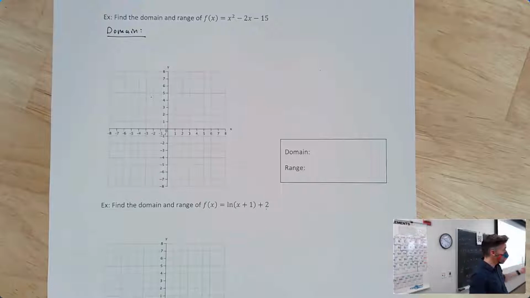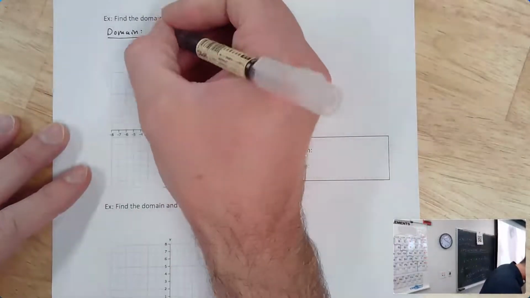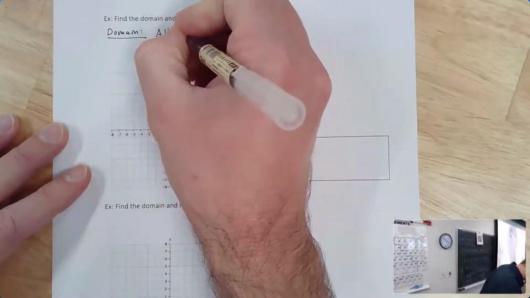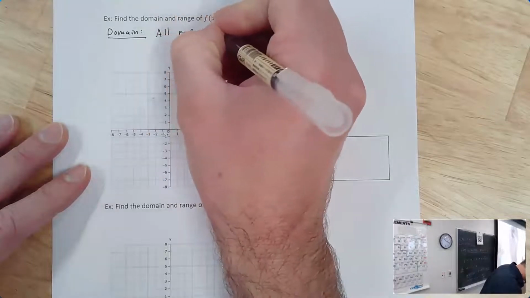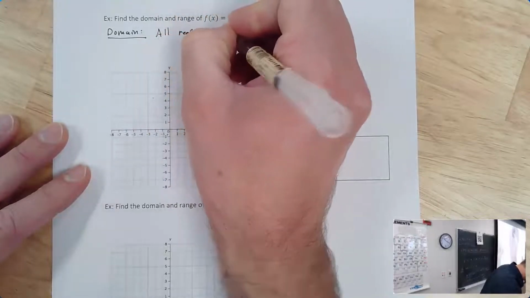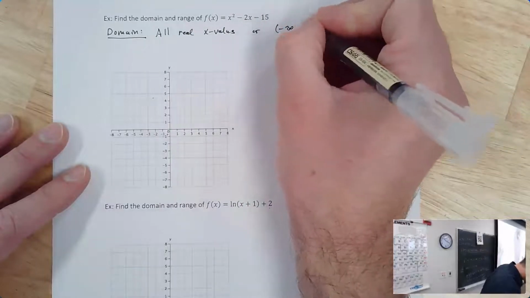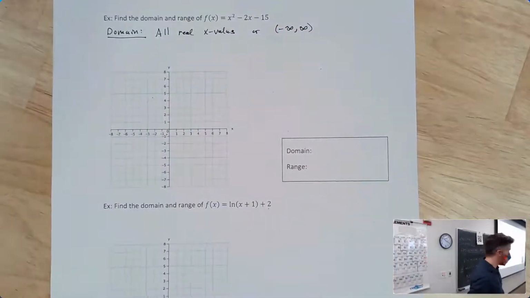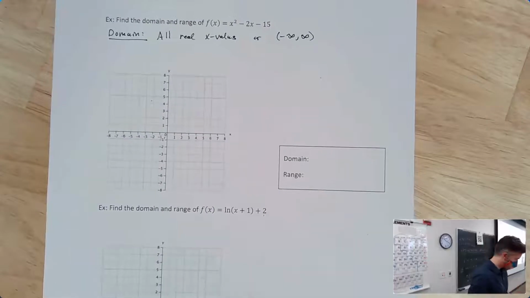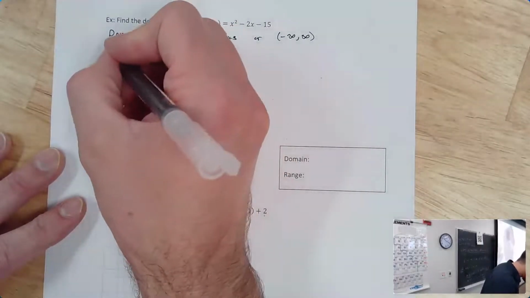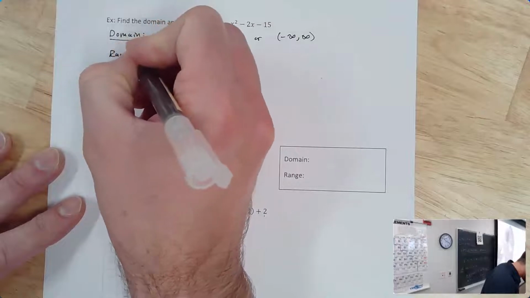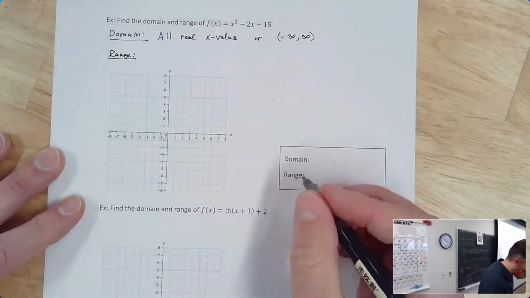X, there's no roots. I should say there's no even roots. There's no logarithms and there's no fractions. So the domain here is going to be all real x values. Or if you prefer, everything from negative infinity to infinity. We're not missing anything. The range is a little bit harder because the range asks the question,